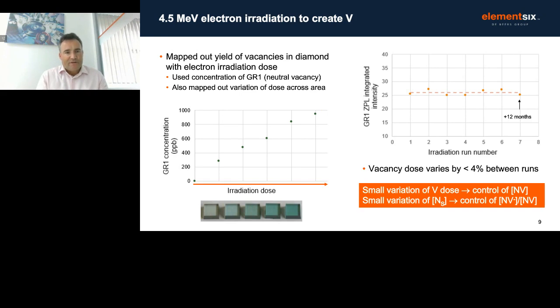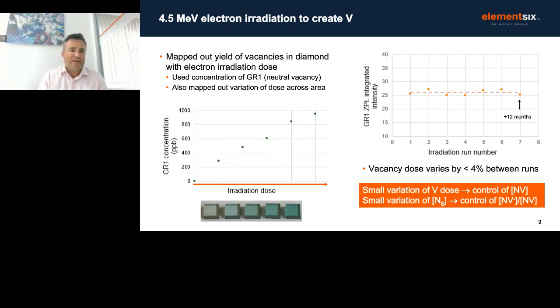But it's not nitrogen we want, it's nitrogen vacancies, defects that have these desirable quantum properties. So we've got to turn the N into NV. And to do that, we need to create vacancies in the material. Typically, you use high-energy electrons to irradiate the volume of the material, which knocks out carbon atoms and creates these